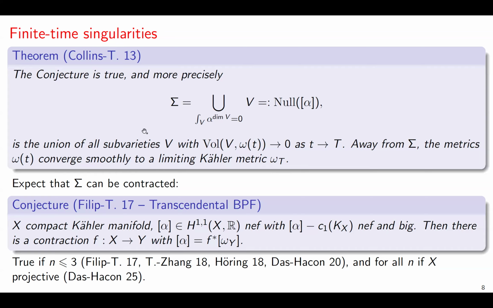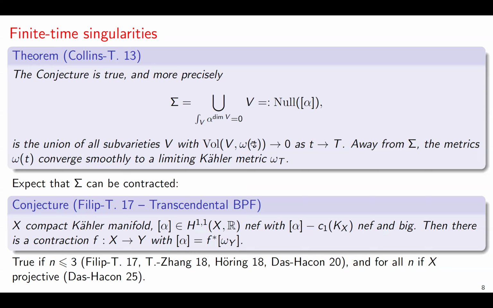So that's the very first basic result, the very basic step. This says that if you have a finite time, in particular non-collapsing singularity, when alpha, the limiting class, is big, then there is this small subvariety sigma where bad things are happening, and away from it, the flow is converging perfectly nicely. And one expects now the sigma can be contracted complex analytically. And this is exactly a transcendental version of the base point free theorem,